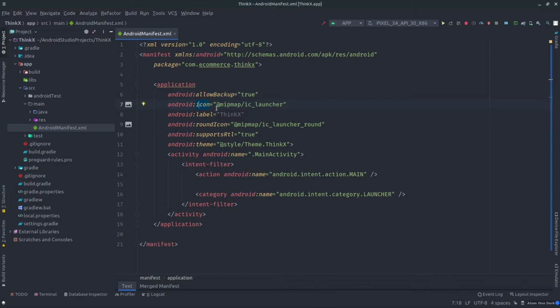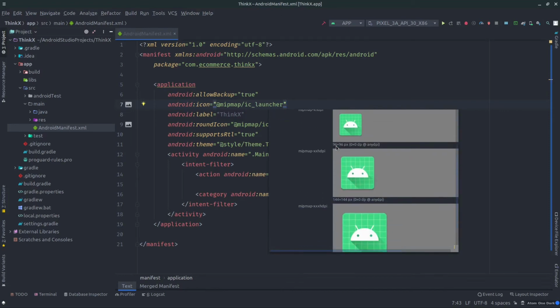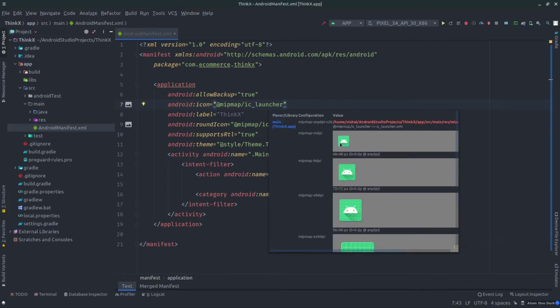So for the application, we are going to specify, first of all, see the format in XML. We first used android:icon, which specifies the icon of the app, right? So you can see that it specifies that the app icon is actually located in @mipmap/ic_launcher, right? If I hover my mouse here, you can see we have the icons, and they are of different resolutions.